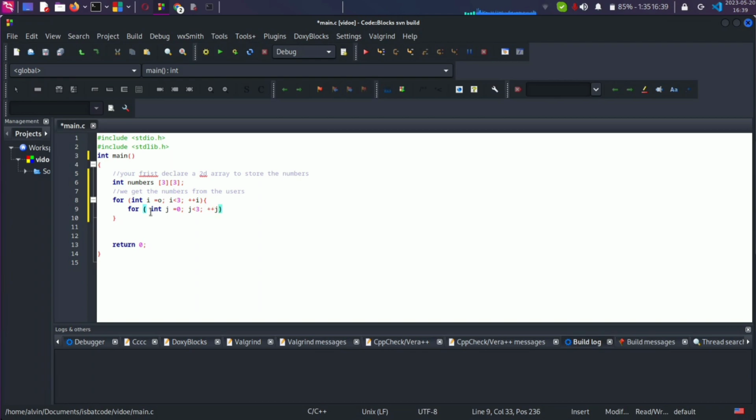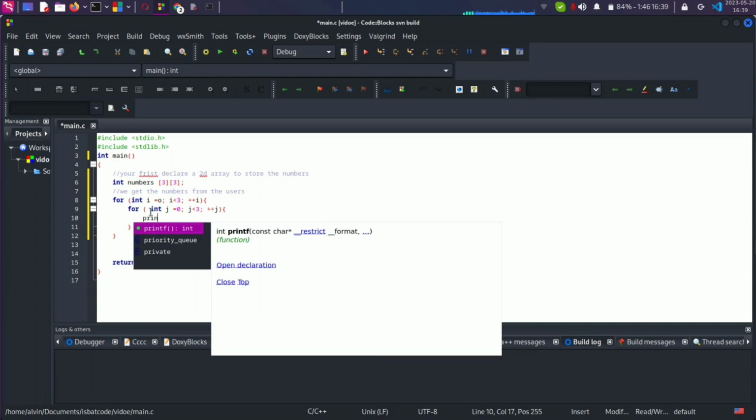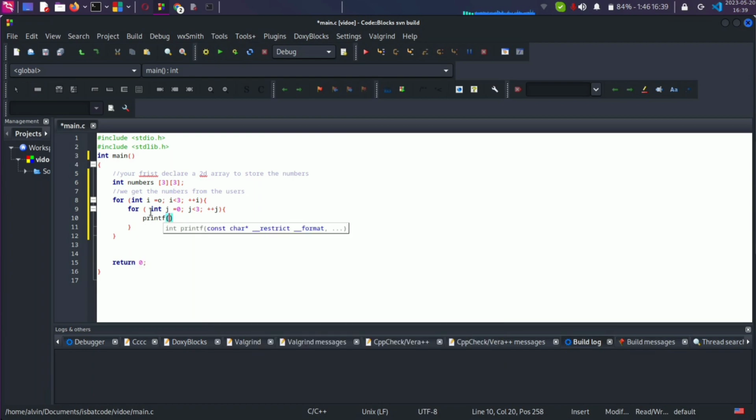Then now when we reach here, we're going to print out to tell the user to put in the information. So we're going to prompt the user with printf. This is to get the output to the user. So you're going to say, enter the numbers